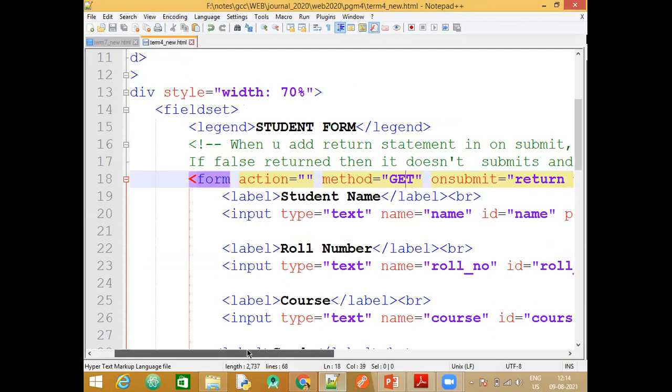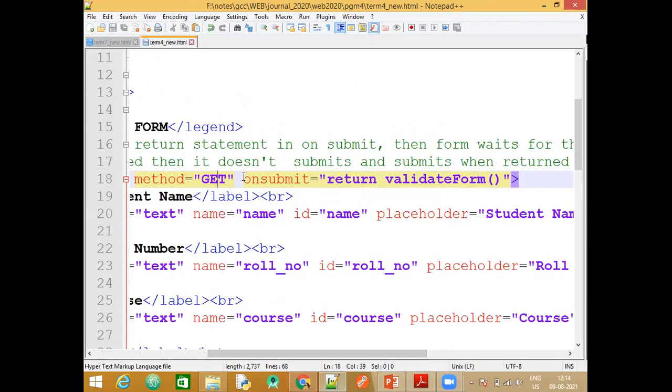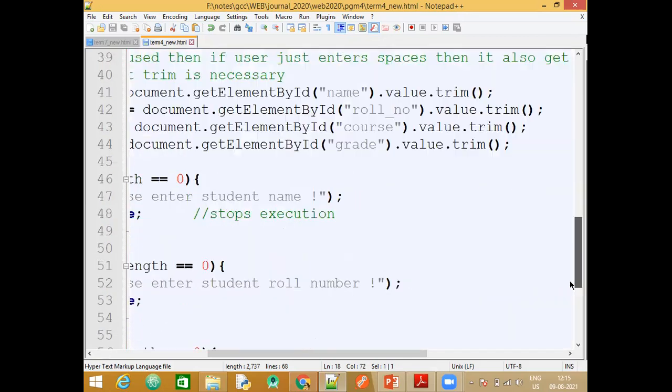Next we have an event, which is called onsubmit. The event name is onsubmit. Now what I want is, the moment the user clicks on that button, what should happen? Your data should be submitted. If all the text boxes are filled, then only the data should be submitted. So onsubmit, I'm saying when the user clicks on the submit button, the form should be submitted. For that, we are calling a function. This is nothing but a function. Validate form is a function. You can see here two parameters. So what is happening when the user clicks on the button?